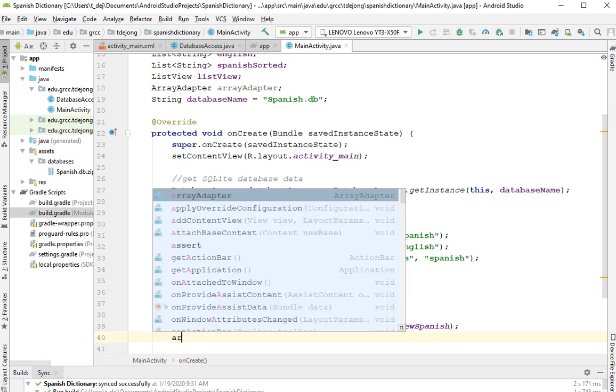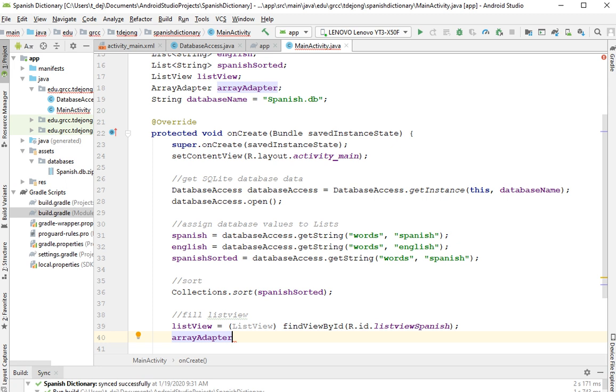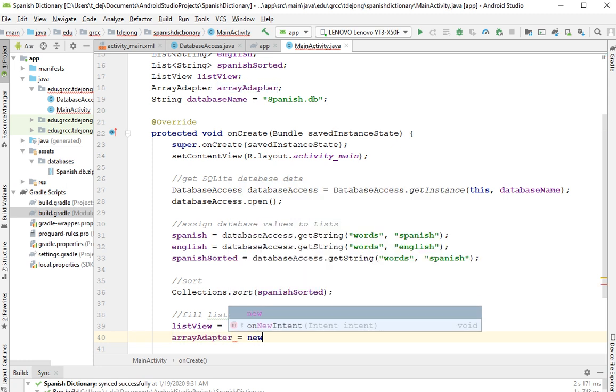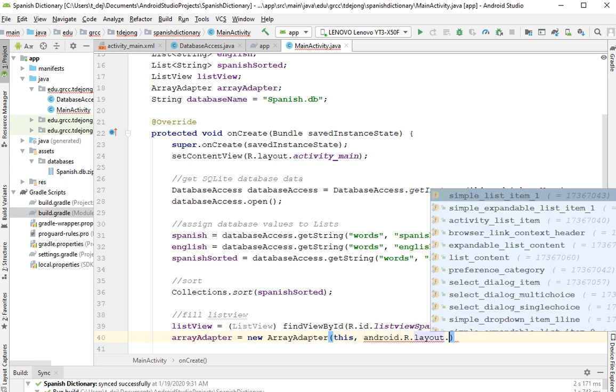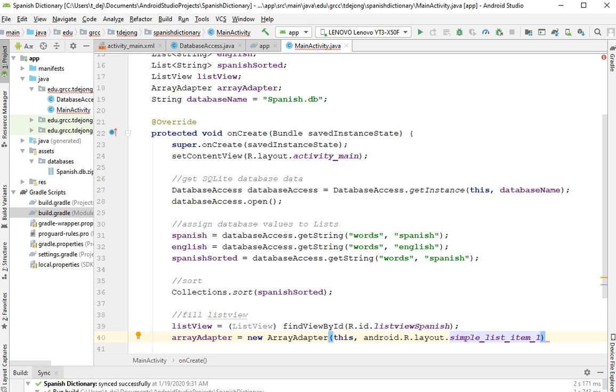And in our array adapter, let's add some stuff to that, is equal to a new array adapter. And then we have to first send it a this, comma, and an Android dot R dot layout dot, and there it is right there, simple list item 1,